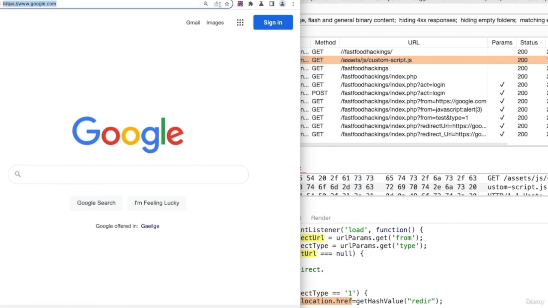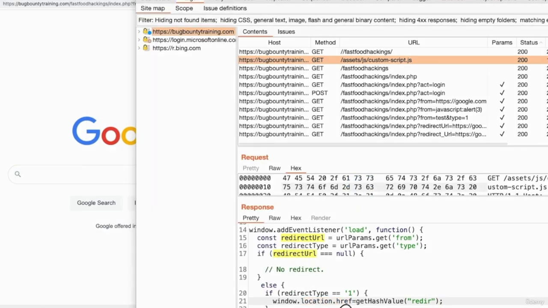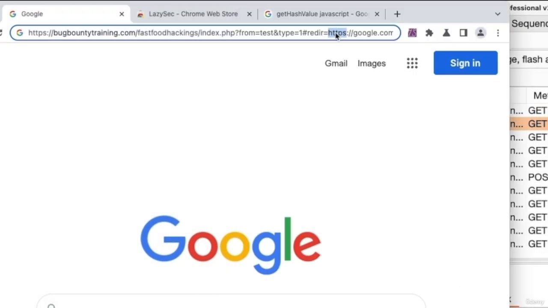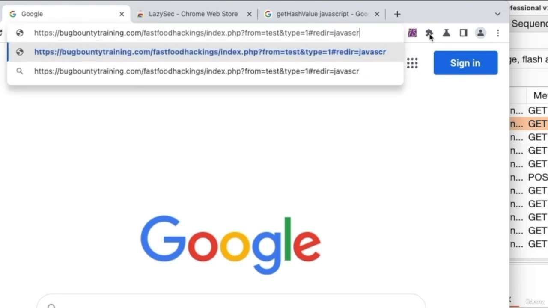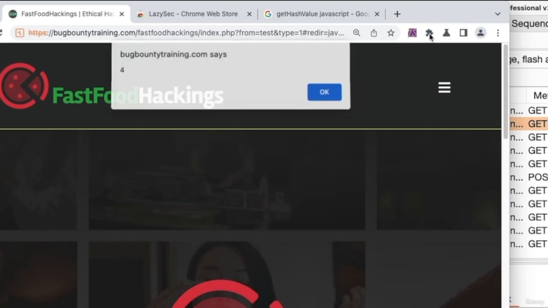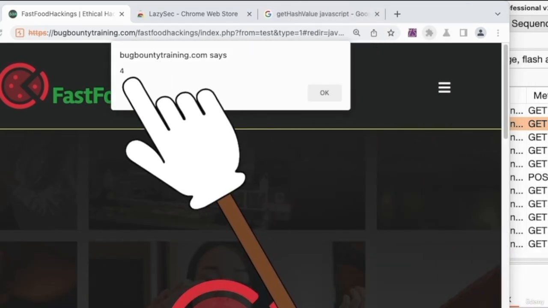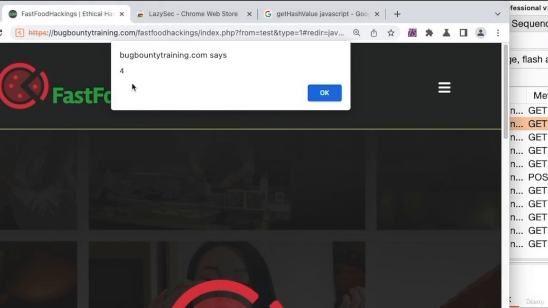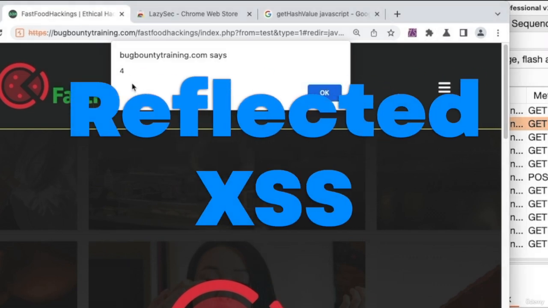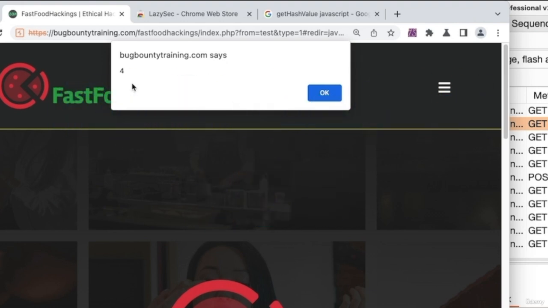And also, as we learned before, the fact that we see a href in here gives us a good hint that this value coming in here is being executed as a href link. And we know in the href, we can actually execute JavaScript by simply typing javascript followed by the code that we want to execute. In our case, it's alert, let's say 4, hit enter. And perfect, as you can see, our code is getting executed on the page, which means that we discovered a reflected XSS vulnerability. So now we have 2 vulnerabilities discovered in this page,